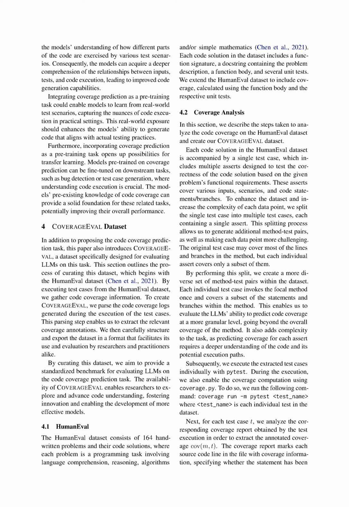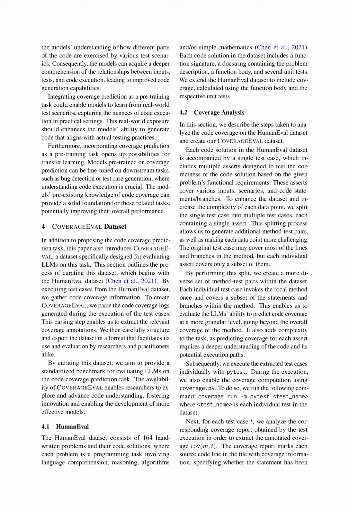The HumanEval dataset consists of 164 problems, each of which is a programming task that involves language comprehension, reasoning, algorithms, or simple mathematics. Each problem in the dataset includes a function signature, a problem description, a function body, and several unit tests. We extend this dataset to include coverage information, which we calculate using the function body and the corresponding unit tests. To create the CoverageEval dataset, we analyze the code coverage on the HumanEval